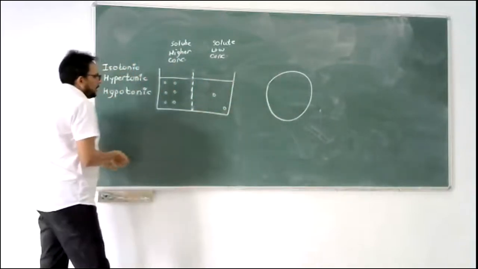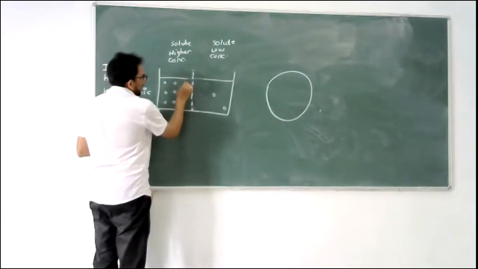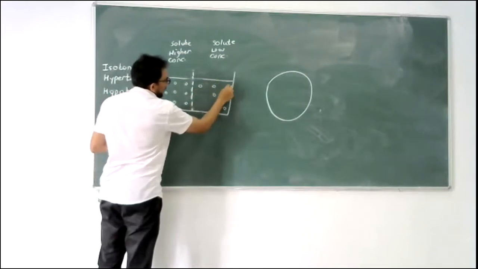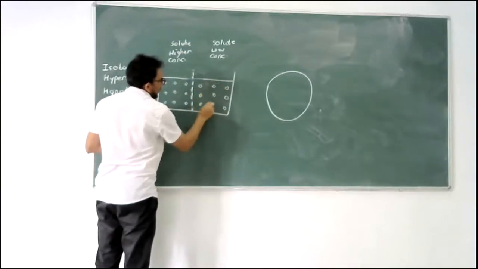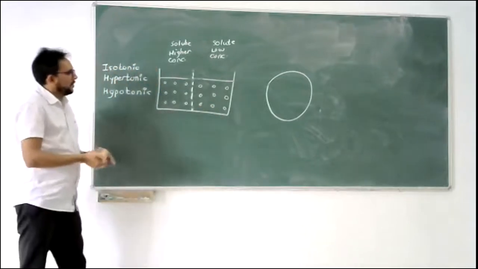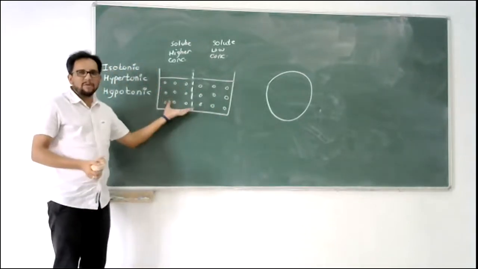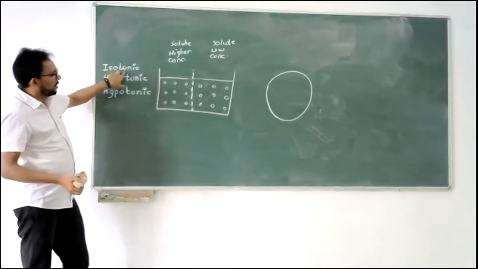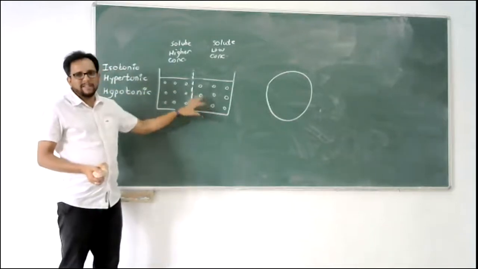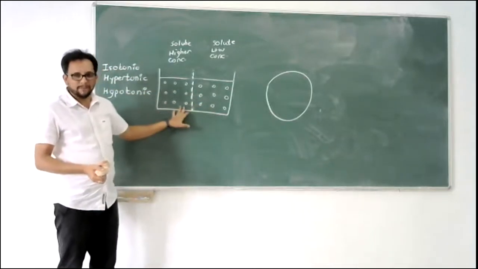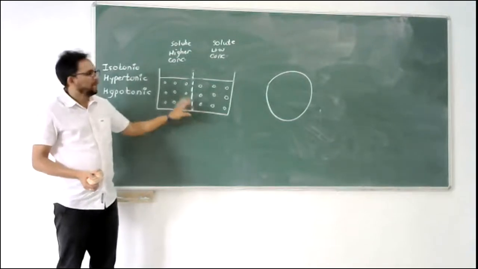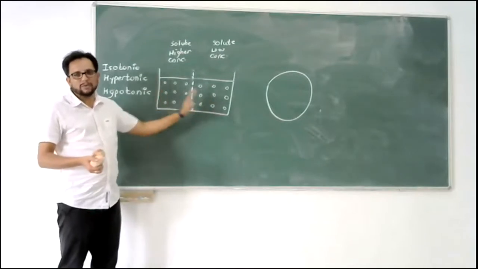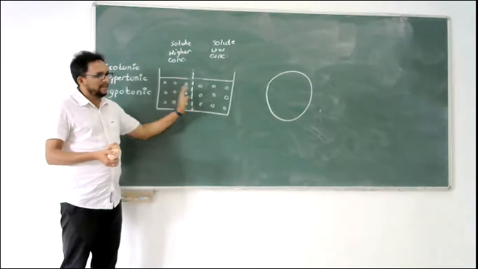We will see how. Now, for example, if there are, let's say, these 9 molecules, and in this case also there are 9 molecules, same amount of solvent, same amount of solute. So that is what is isotonic. So these two compartments are isotonic with each other, right? It is always in relation. We can't just say this compartment is isotonic, but with respect to what, that we have to say. So these two compartments or chambers are isotonic.